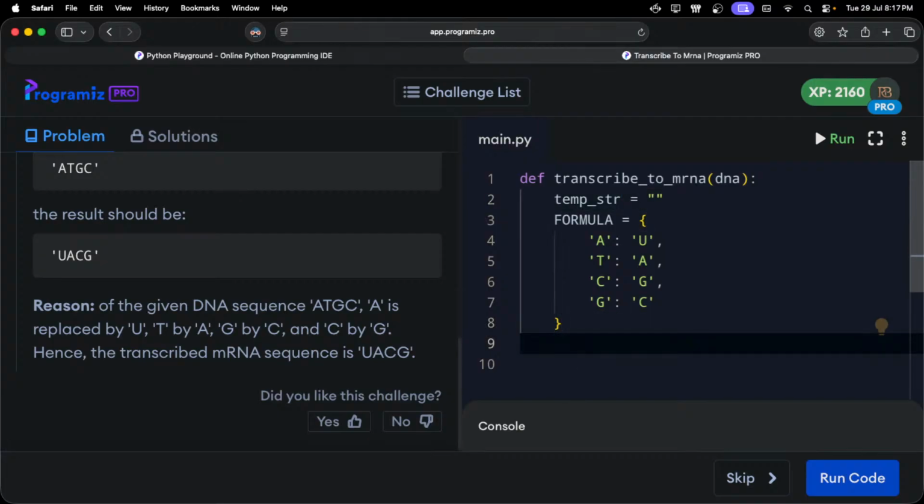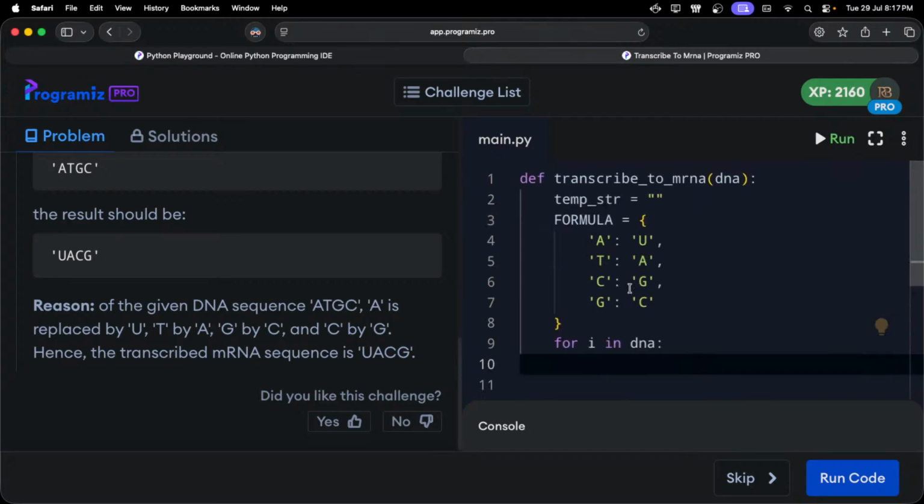Then what I can do is use a dictionary, because I can use the get functionality of it. All right, so temp string. I will need to loop over it. For i in DNA, what I can do next is temp string plus equals formula dot get